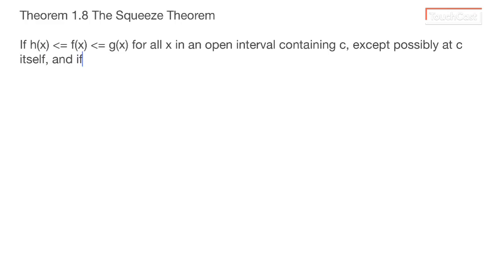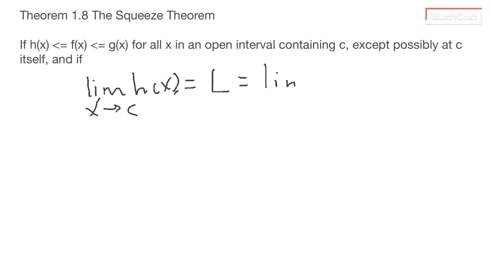And if the following is true, both the limit of h of x as x approaches c, if that equals L, and then L also equals the limit of g of x as x approaches c,